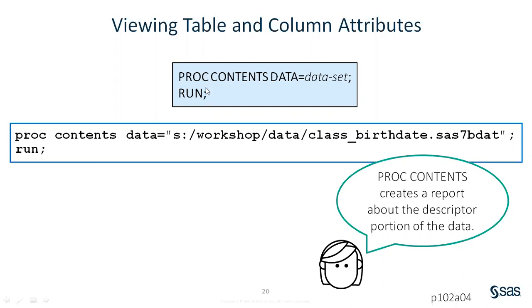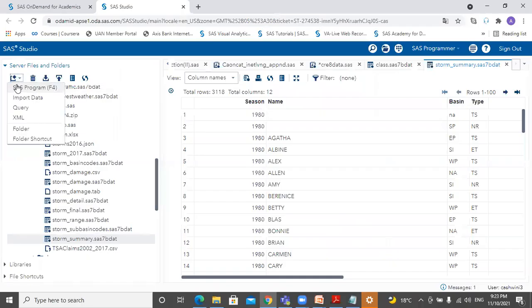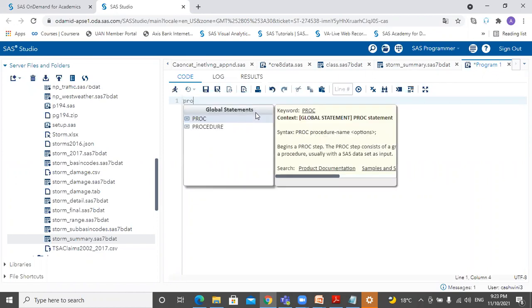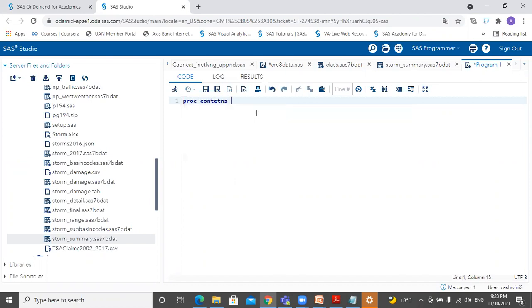You give the path where your data is saved. When I write a program, I write it in a new program window. We write a procedure, short form proc, because we want to know the contents.